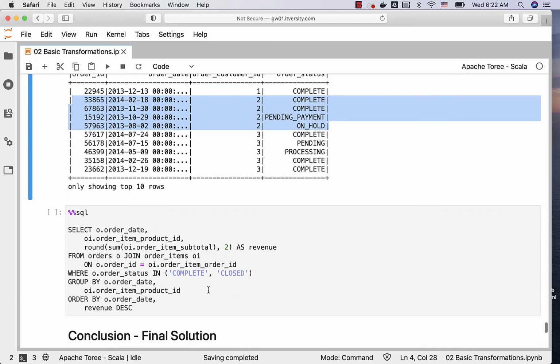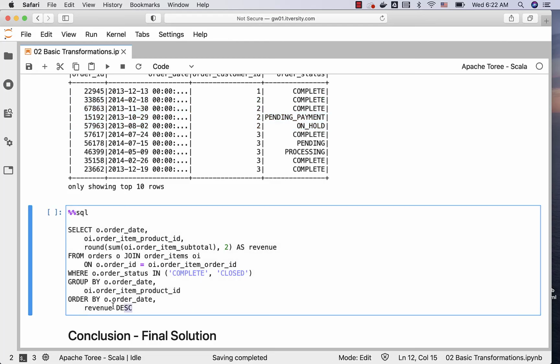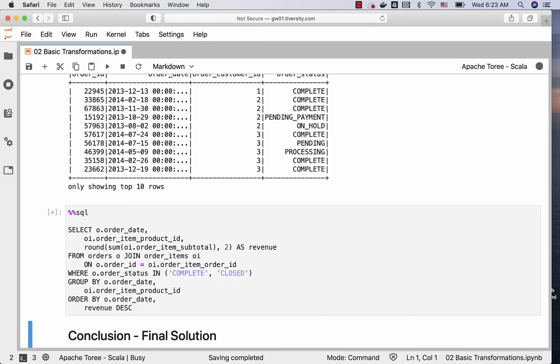Now when it comes to our original problem statement, we have computed daily product revenue, and if I want to get the results in ascending order by date and then descending order by revenue, then as part of the order by, we just have to say o.order_date, revenue DESC. Unlike the where clause, you can actually specify the expression, which is nothing but this one, or the alias as part of the order by. So in this case we are using the alias and we can say revenue DESC like this, and we should be able to see the results.